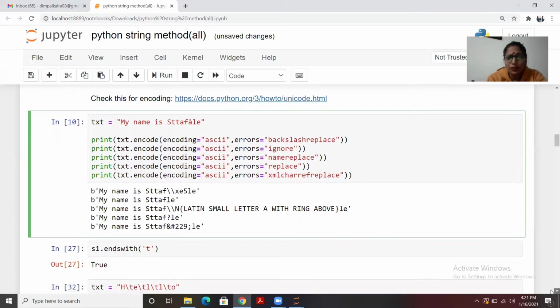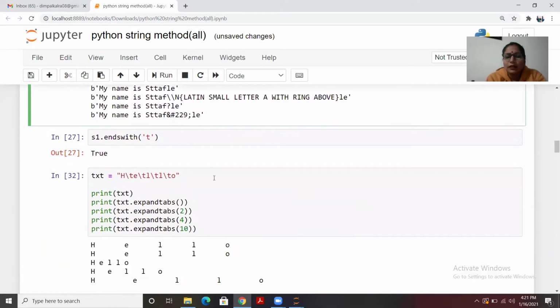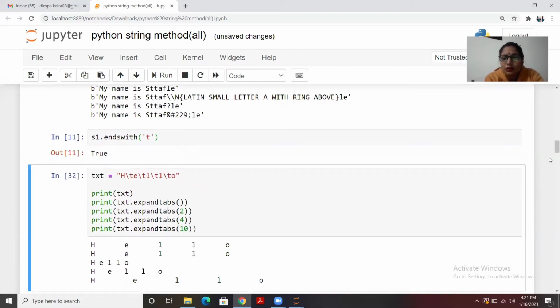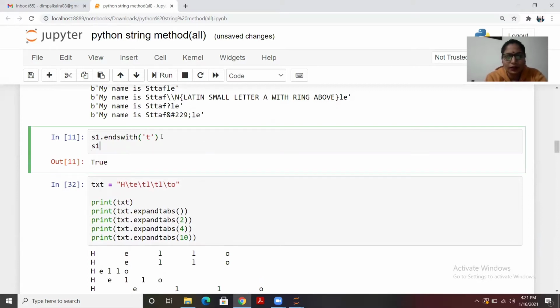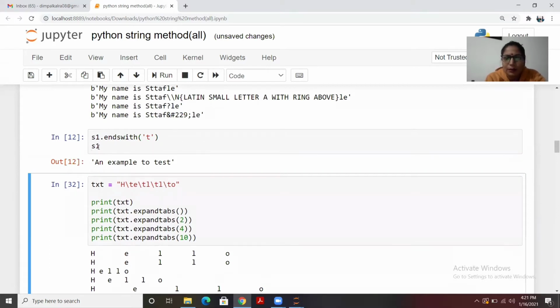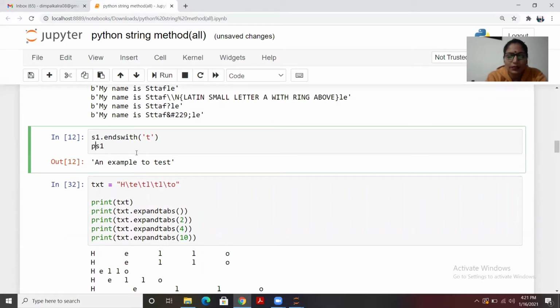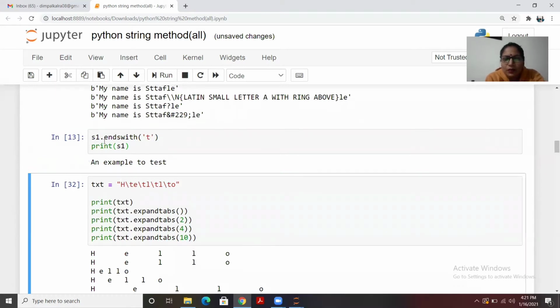Then we move on to the endswith. So in case you want to check whether this string ends with T or not. So yes, this is ending with T. What is your string? Let me print it here. Here it is. So an example of the test, an example to test. So yes, this is ended by T. So once you run it, so it will be giving,